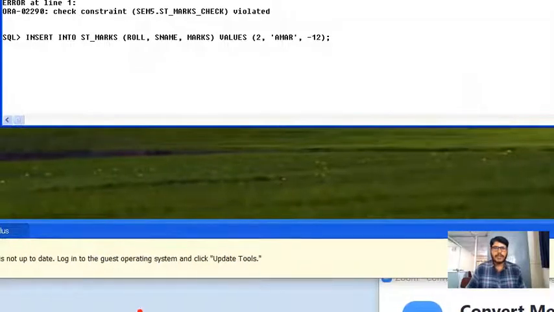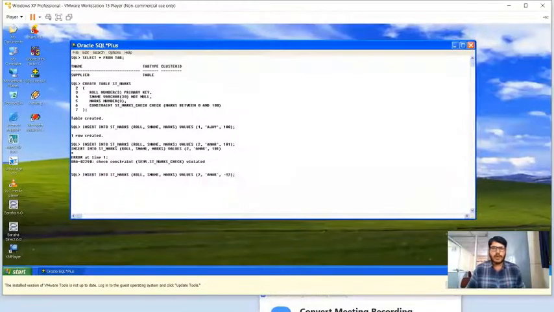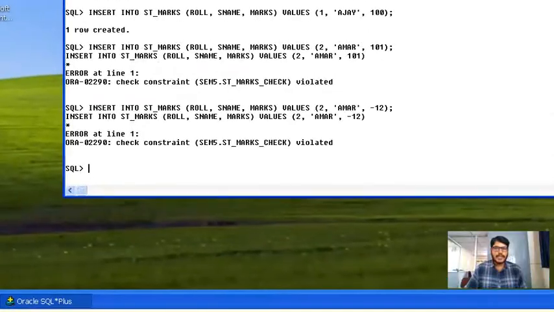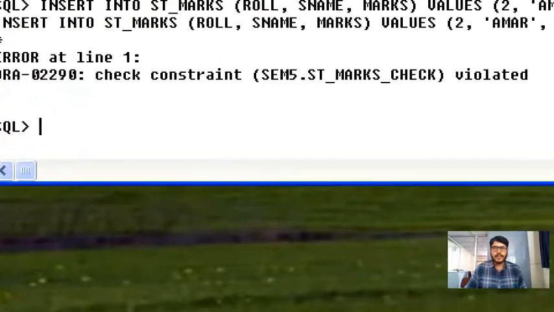You can see here I have copied the same statement, but in this case I am going to store a negative value. Obviously it should not store it, because even a minus number is out of range. So now let me execute the statement.